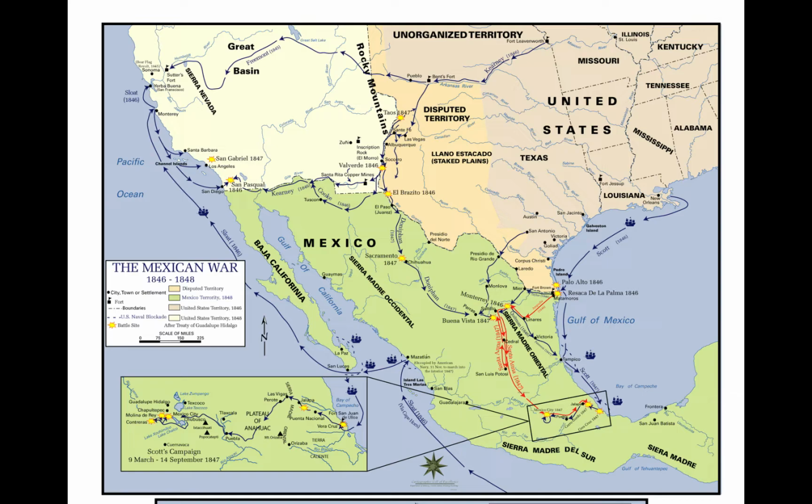However, while he was doing that, an American diplomat started negotiations with the Mexican government. And that diplomat and the Mexican government struck a deal. The deal was called the Treaty of Guadalupe Hidalgo. This treaty ended the war between the United States and Mexico. If the Mexican government had held out longer, they might have been able to win the war because the United States had no way to put down the guerrillas. Basically, the Mexican War was a preview of what you'd see in Vietnam or in Iraq or in Afghanistan.